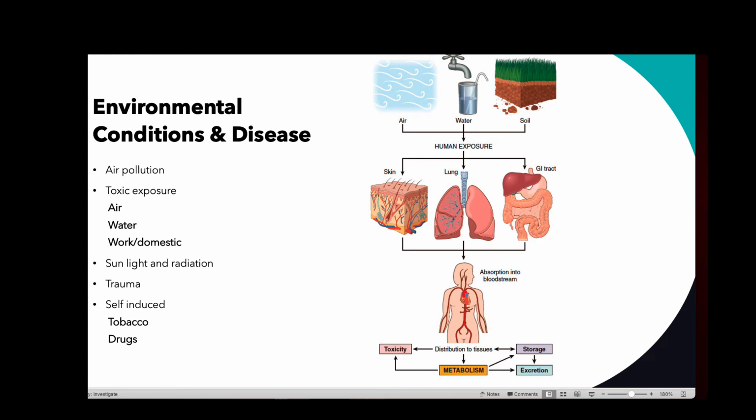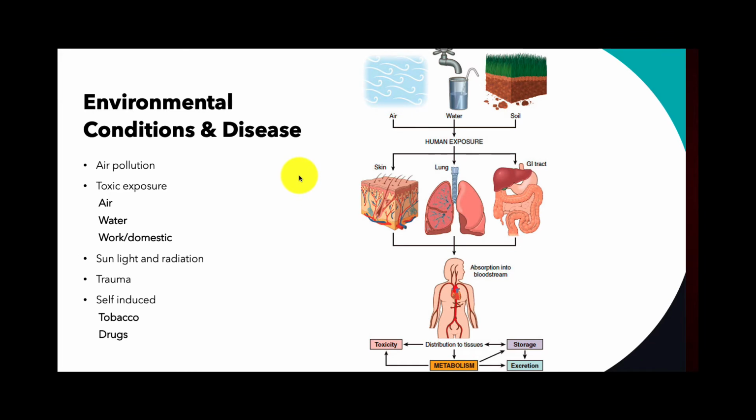So, human exposure to pollutants. They're contained in the air, the water, and the soil, and these are generally absorbed through these three systems here. Once these things are in the body, they are generally transported through the bloodstream to various organs where they can either be metabolized and not be detrimental and not threaten our health, or they can be activated, and if they become activated, they can become what we call reactive metabolites. And obviously, when we have a reactive metabolite in the body, this is something that's going to cause trauma.